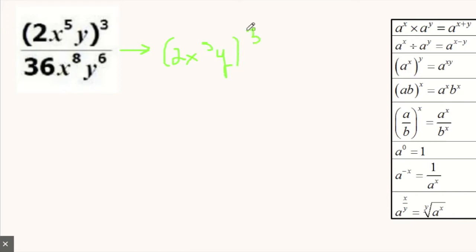Just going to rewrite that. First, we need to apply this 3 to what's inside. Our rule right here says that we apply the exponent to both the a and the b. In this case, the a is 2 times x to the 5th power, and the b is y. So when we apply this 3 to both, we're going to get